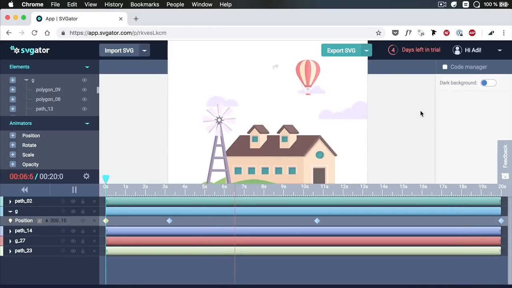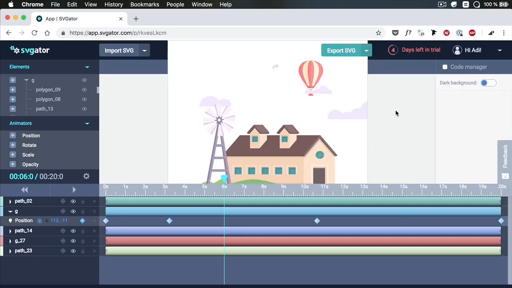Just a quick mention, if you have an SVG file with more than 300 elements, you cannot use it with SVGator. It's not supported. I don't know if they're gonna support it in the future or not, but for now, you need to use relatively simple elements. I'm kind of pushing the envelope here with this illustration. In fact, it did give me that warning when we first started, but in the end, it works out pretty good. Now, once you're done, you simply hit export SVG and then use it wherever you want in your app,